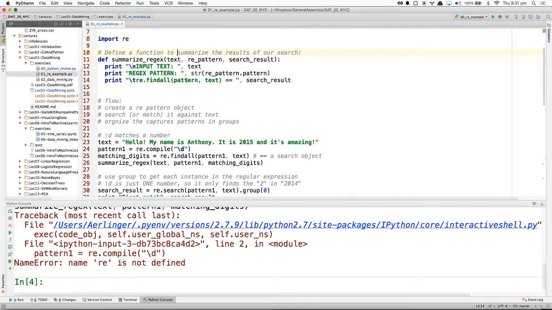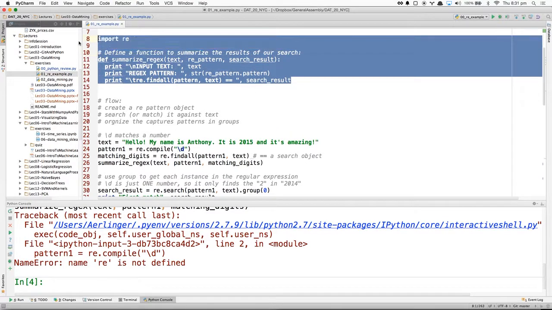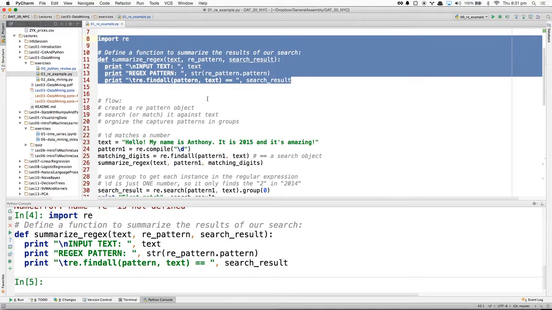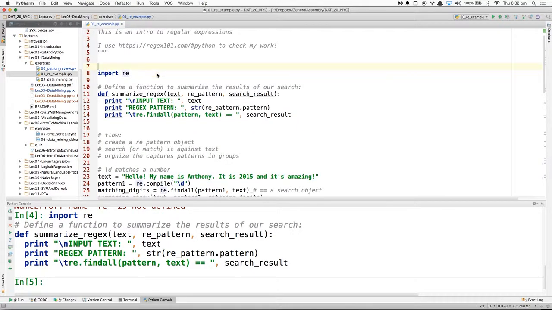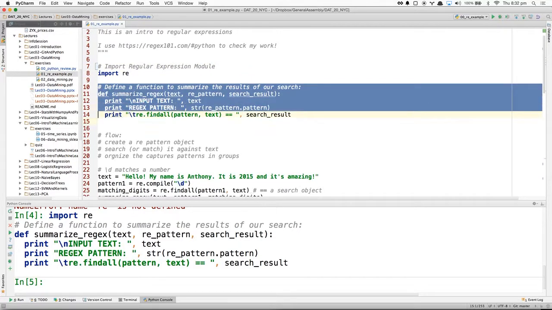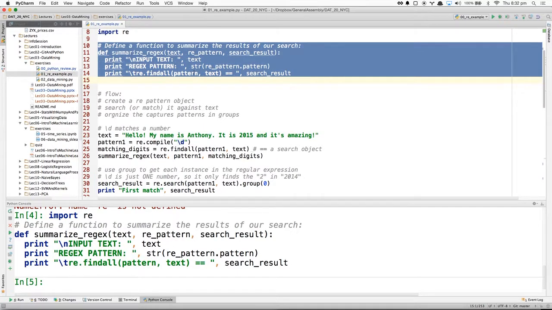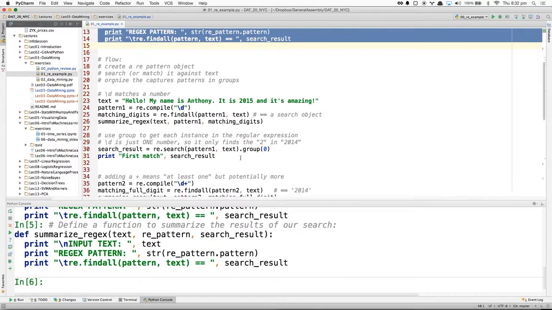So I'll run through it quickly in the interest of time. If you run it line by line, first we import the regular expression module. This is similar to what we did in the first homework. This is just a function I defined that helps print each particular item.